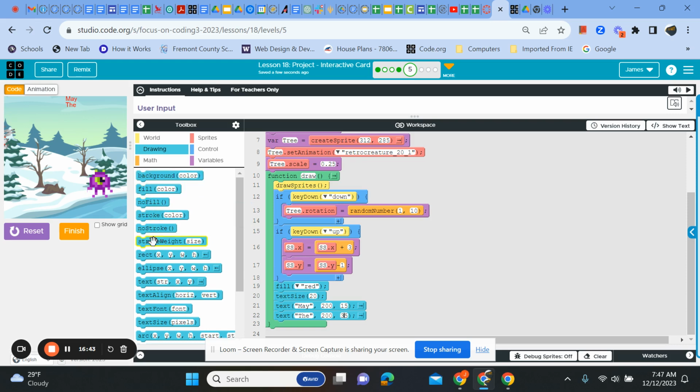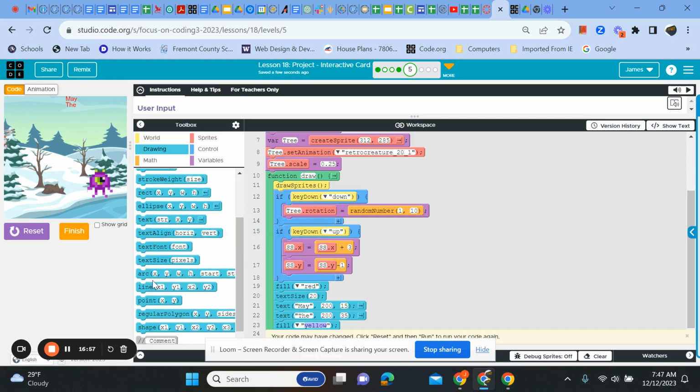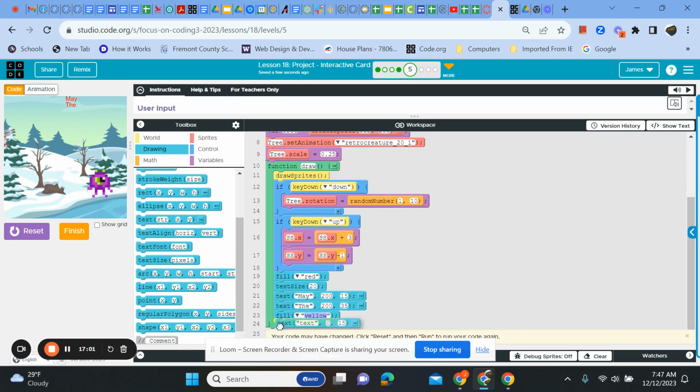Now, how could I change the color on this last one? If I wanted to change it, it's nice and easy. All I do is get another fill color. And like this one, I think I'm going to leave yellow because this is going to be May the Force, I should say, be with you, right? We're going to put that in. May the